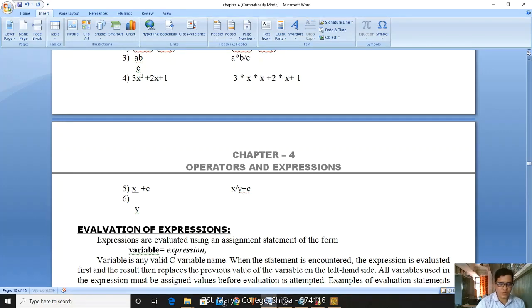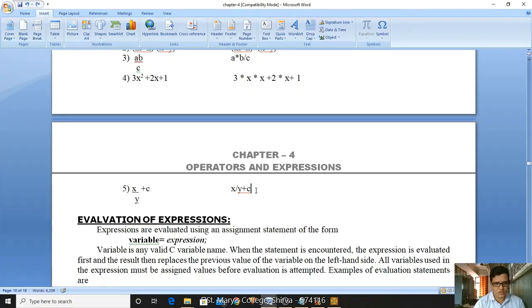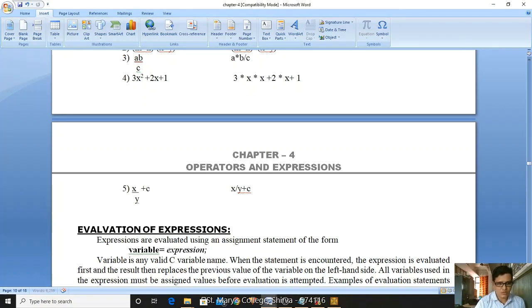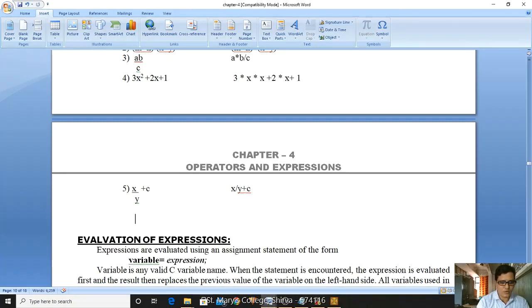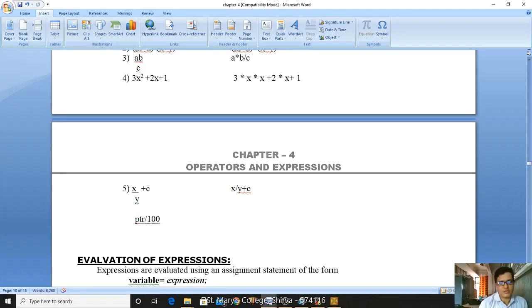For example, I'm giving you a simple example, PTR by 100. Then how do you write it as a C expression? This is p into t into r by 100. While writing, it is always better to put p into t into r by 100 in brackets. Okay, clear? So that is the evaluation of expression.